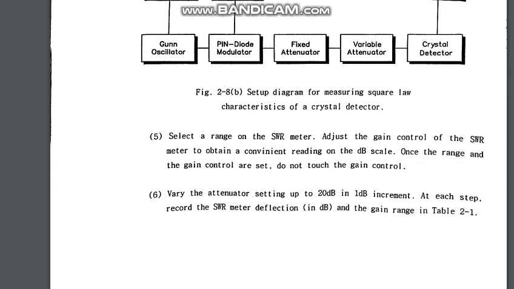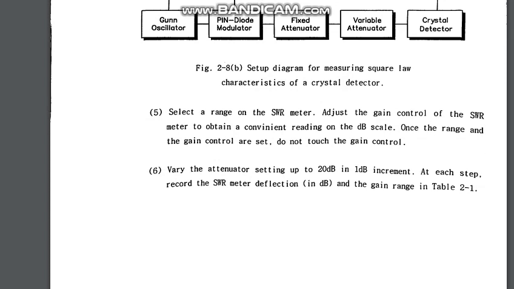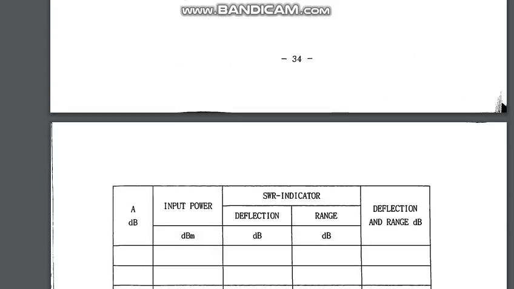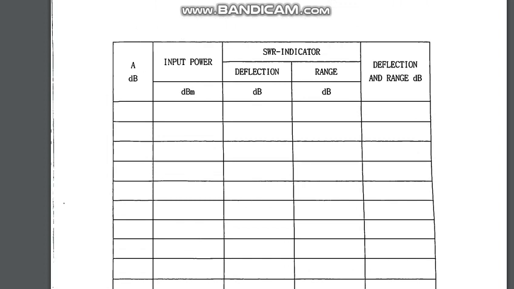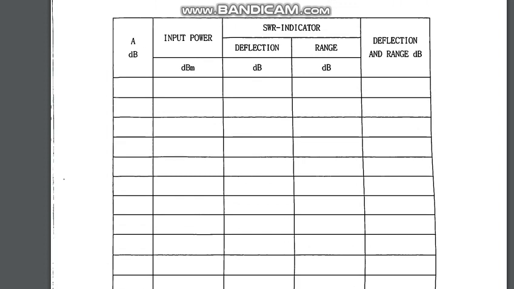So select the range of the meter and adjust the gain control of the SWR meter to obtain the proper reading on the decibel scale. So there is a chart of SWR calculation. Whenever the gain changes, if you change the gain from